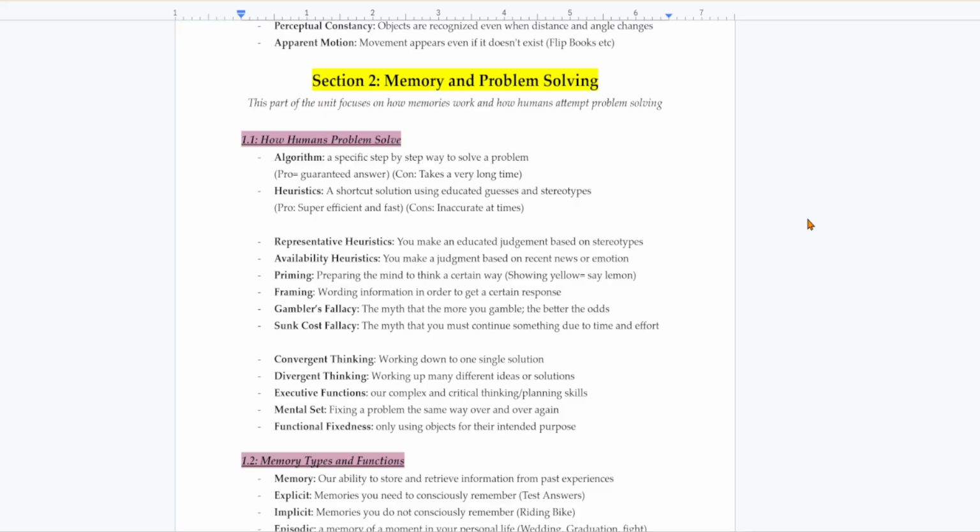Heuristics are shortcuts. They're faster, they're super efficient, and for low level or low stake problems, it's the best way to solve them. The problem though is they're inaccurate at times. Sometimes we have issues with these shortcuts. A heuristic example of that parking lot would be instead of looking at every parking spot, you would remember the number of where your parking spot was, and you would look around that area. So, it's a shortcut, it saves you a lot of time, but there could be issues, such as representative heuristic